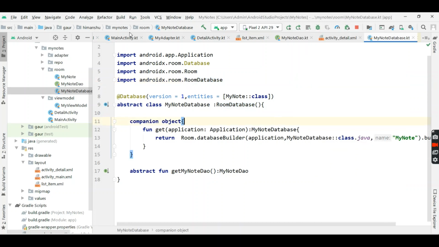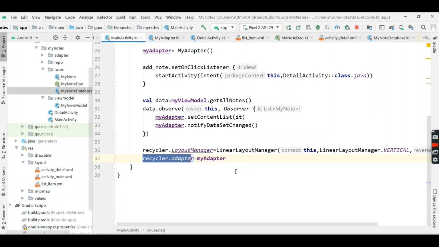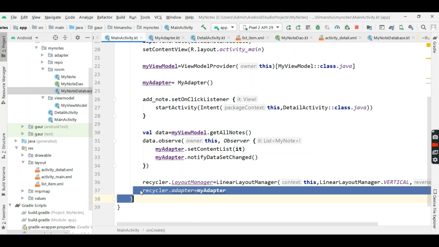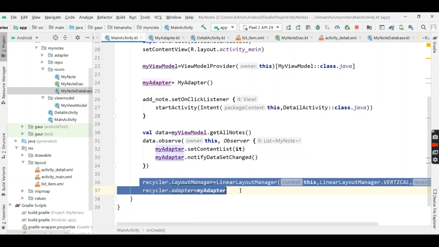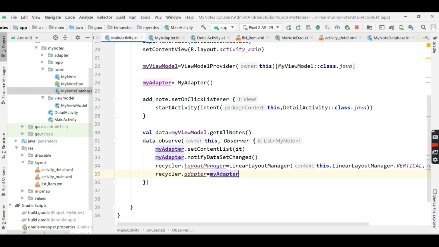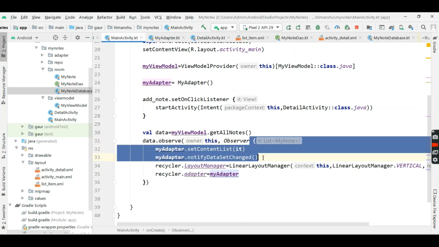So go to our main activity, and this adapter and this recycler view we will set in our data observe section.